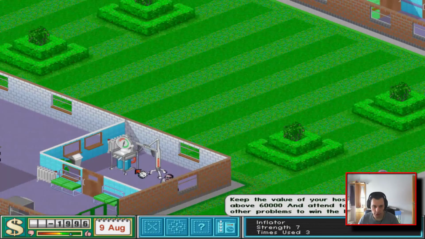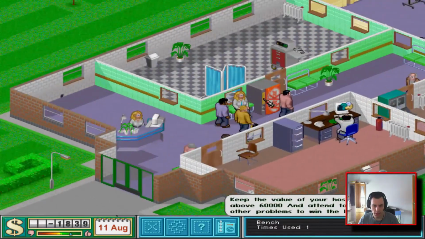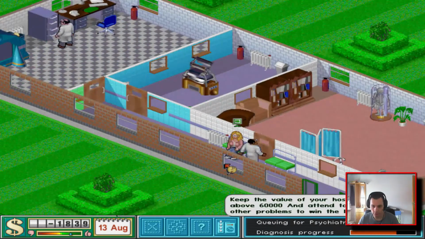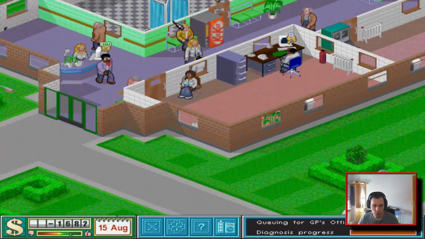Okay, my consultant is complaining. So, I forgot what I was saying. Anyway. Ah yes, that in later levels you have a new room called